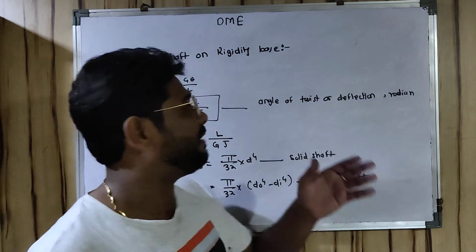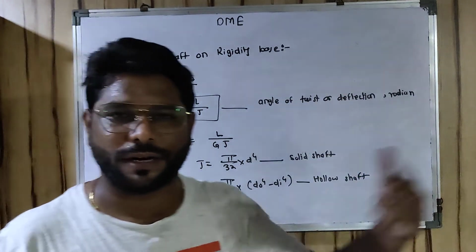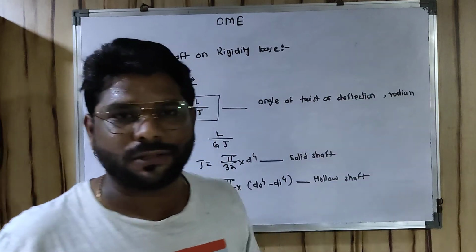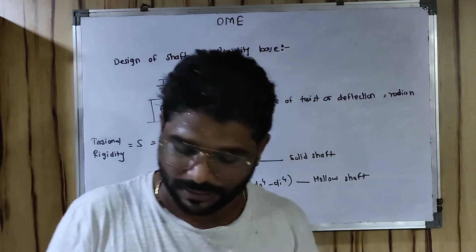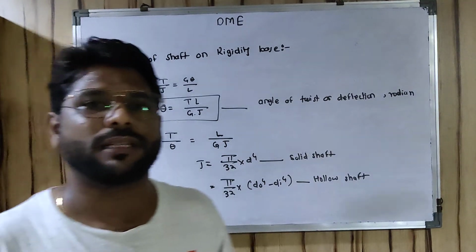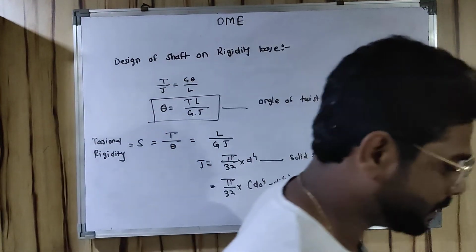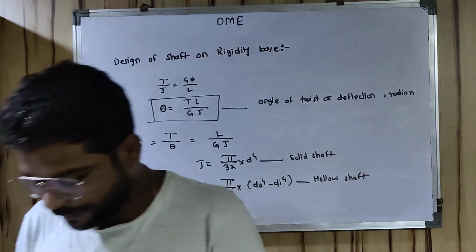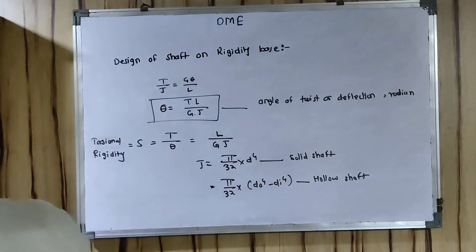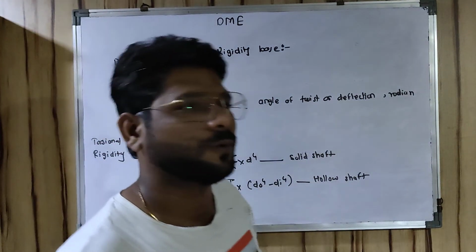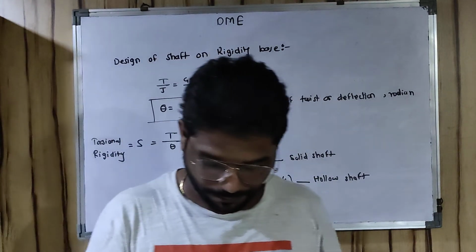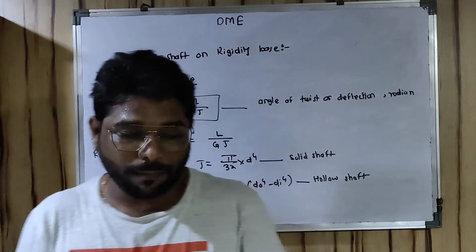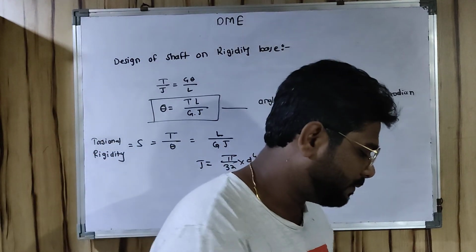And the basic differences, the formula differences that I already told you in the formula list, you can make this 6 to 7 points or 5 points at least. This is one of the most important questions asked in previous years' exams, and can also be asked in MCQ type exams. The difference between the solid shaft and hollow shaft, and which has more torsional, more twisting and more power transmission capability. Okay.